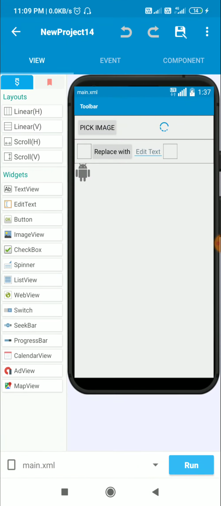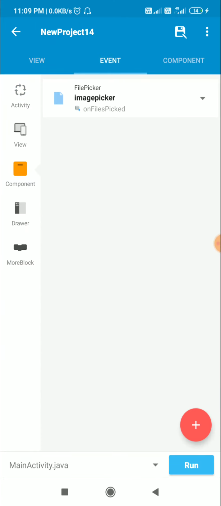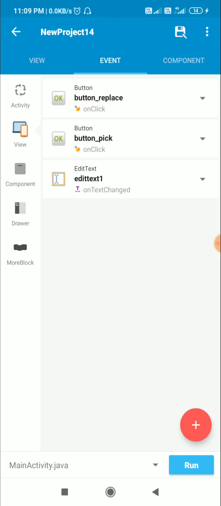Now once the user has selected the color from the image, he will write some color in edit text 1 and select the color for linear_set_color. Now I do not have a perfect method for this. You can use another method for setting or selecting the color.